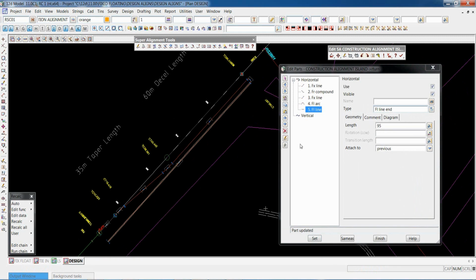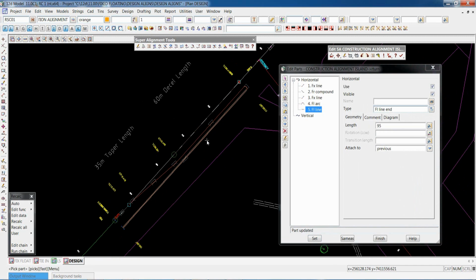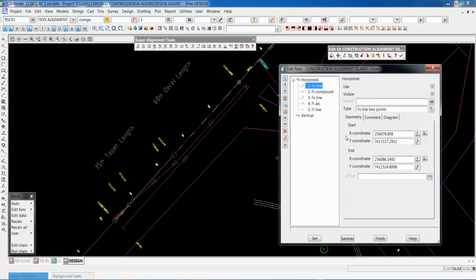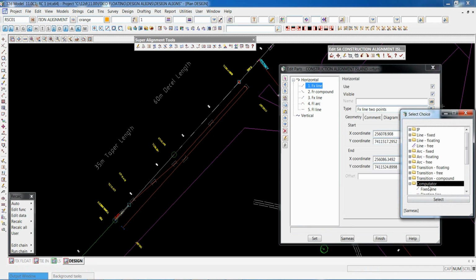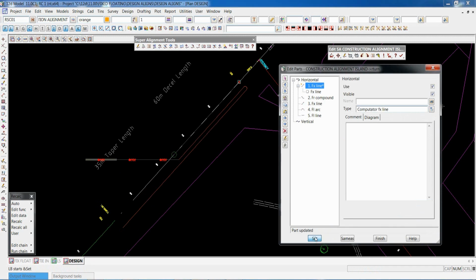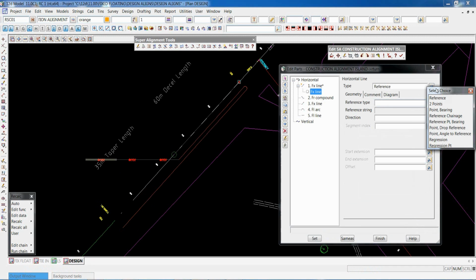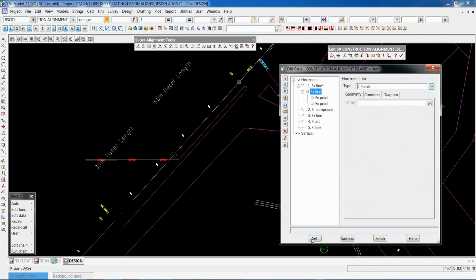Again, all those particular features, I was picking just points, so they're not referenced to anything. It doesn't know about this tangent point, and this point doesn't know about the intersection here. But with the commutators, there is an easy way to adjust that. So instead of doing the fixed line here and just picking two arbitrary points, we can get into the commutator and say fixed line again. And again, we can say we want 2 points.